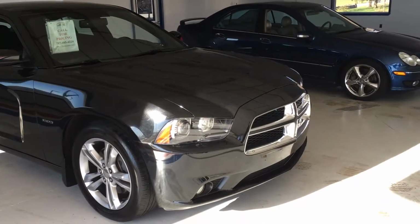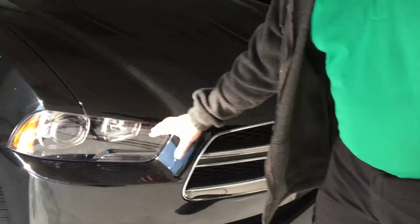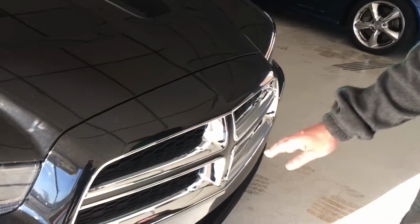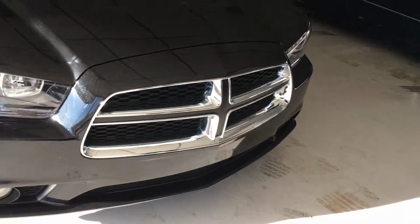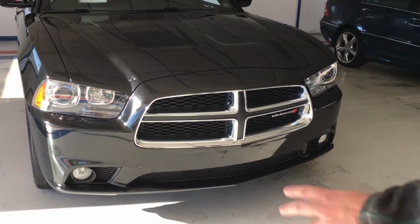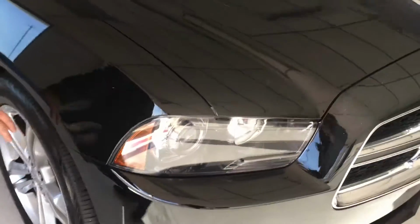So we're going to take some time and show you. First of all, I want to say this is the older generation style. It gives you a nice angle here and a drop down to the headlamps. You've got a nice chrome grille. You do have two fog lights in the lower air fascia, as well as your high intensity headlights. We'll work our way around to the side, and you can see, I believe these are